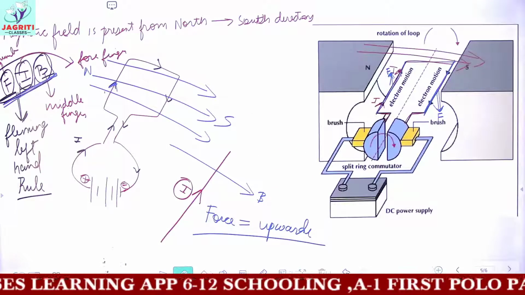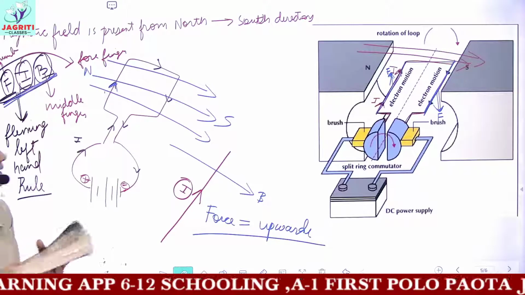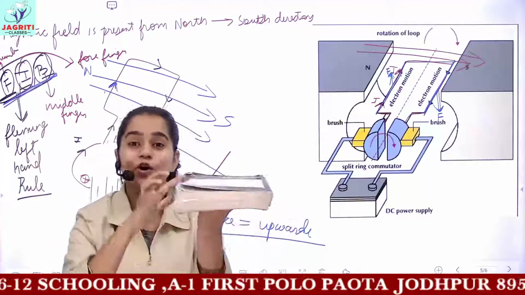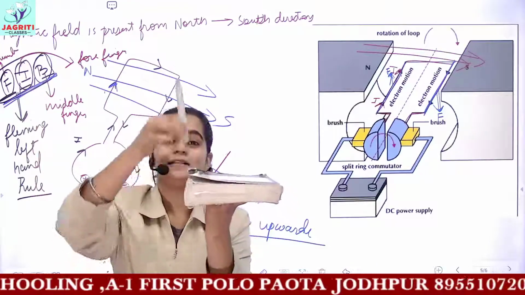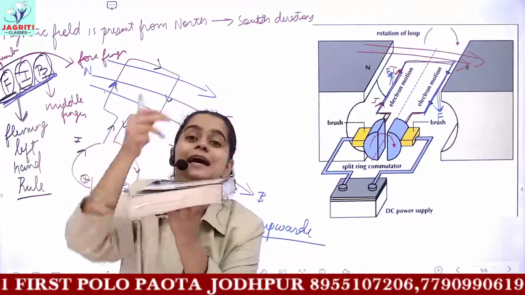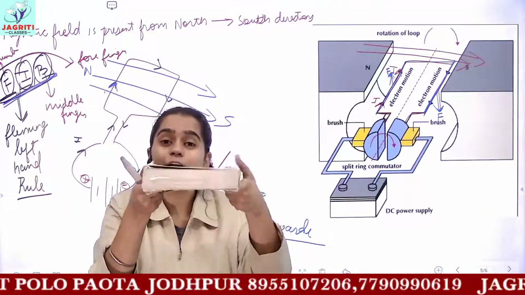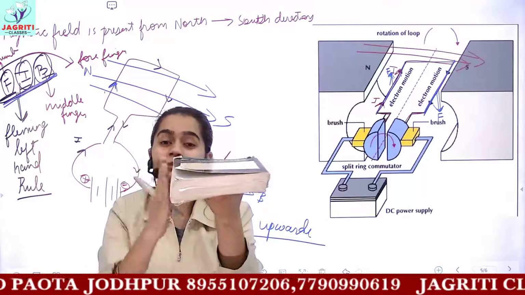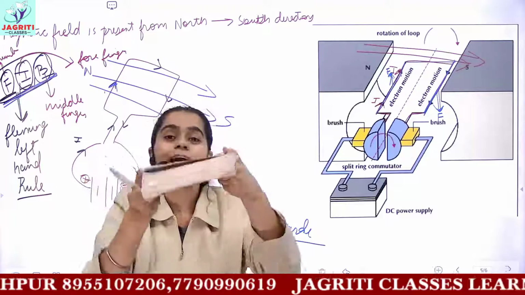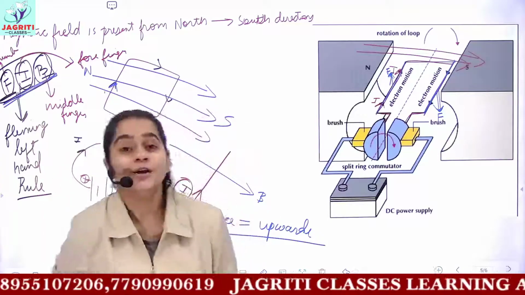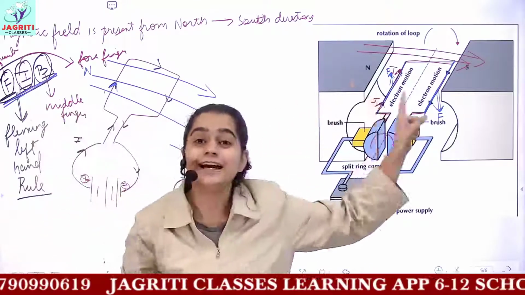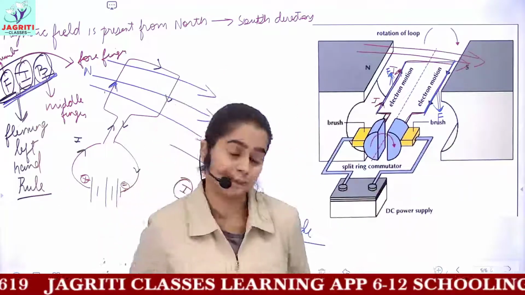Okay. Let's suppose this is the current carrying coil which you have. If on this current carrying coil, the force applied here is in the upward direction and the force acting here is in the downwards direction, so this coil would move up from this side and it would go down from the other side. So it would undergo this kind of motion, that is the rotational motion. So here the coil present in the motor undergoes a rotational motion.